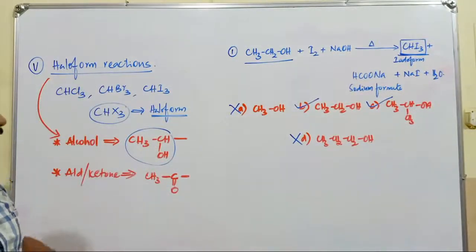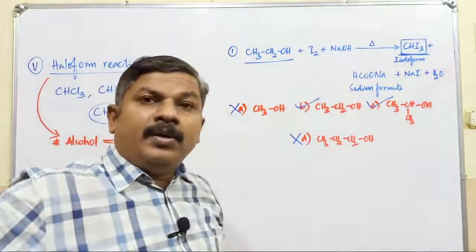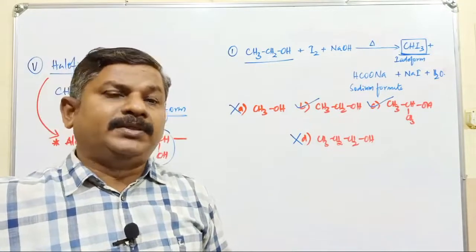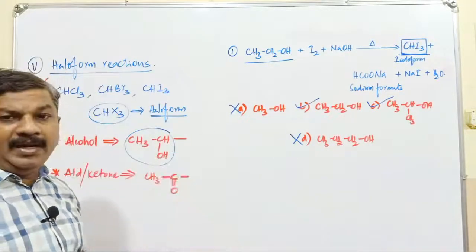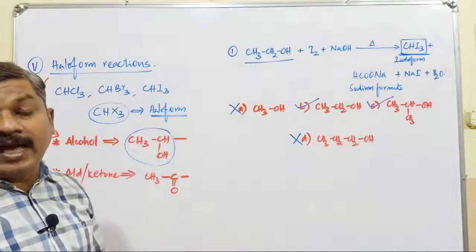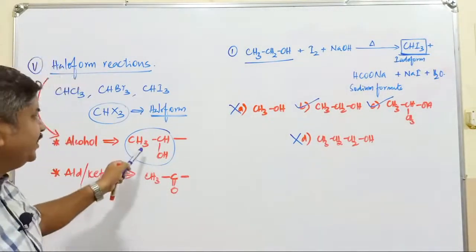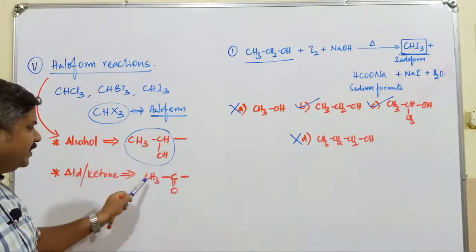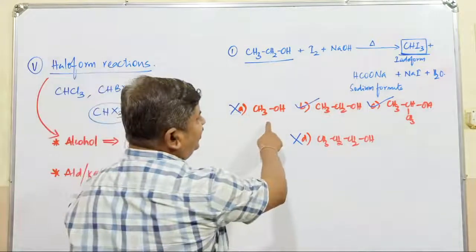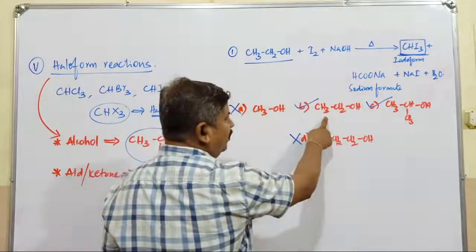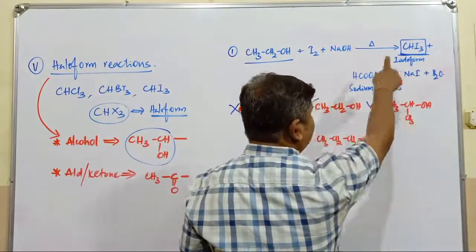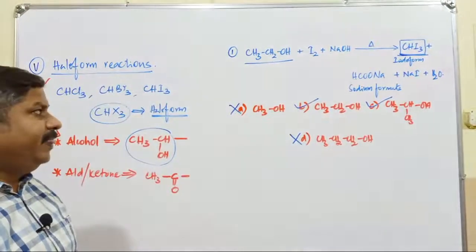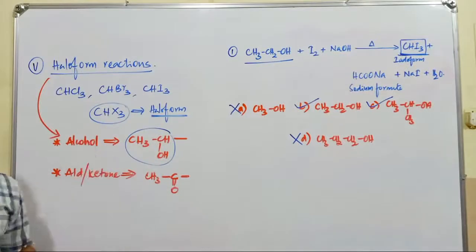Haloform reaction. So by using this one, it is possible to distinguish between primary, secondary as well as what? Tertiary alcohols. So those three types of alcohols can be distinguished by using this particular haloform reaction. Remember, the haloform reaction is given only by alcohols which have CH3, CHOH, and ketones or aldehydes having CH3, C double bond O. Out of these four alcoholic compounds, this alcohol and this alcohol answer the iodoform test, whereas these two alcohols do not answer the iodoform test. Okay, this is about the haloform reaction. Just keep it in your pocket.